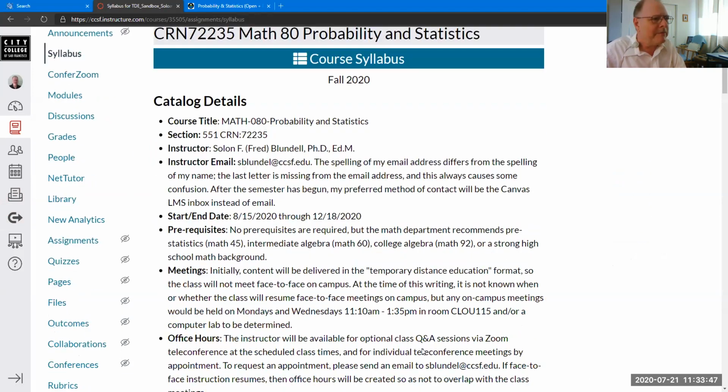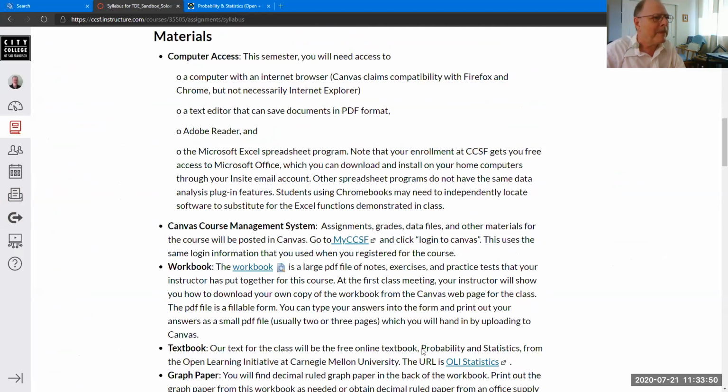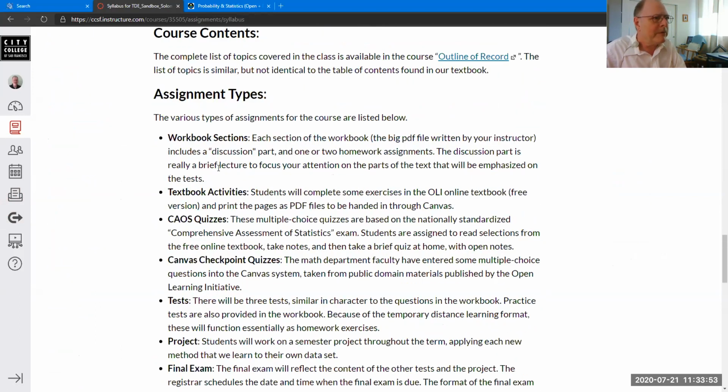Back to the syllabus. We have workbook exercises, textbook exercises, multiple choice chaos quizzes that you write on paper, Canvas quizzes, and then there'll be 3 tests. There are practice tests for those in the workbook, very much like the real thing. And because of the distance learning format, these will function essentially as big homework exercises. The point value for those is reduced